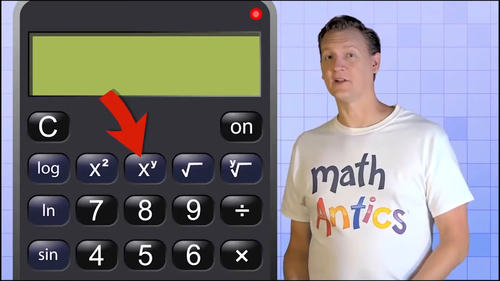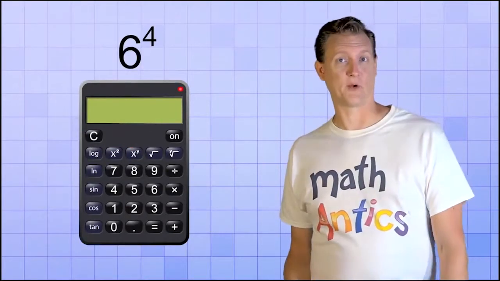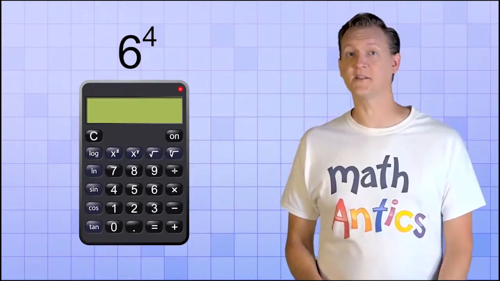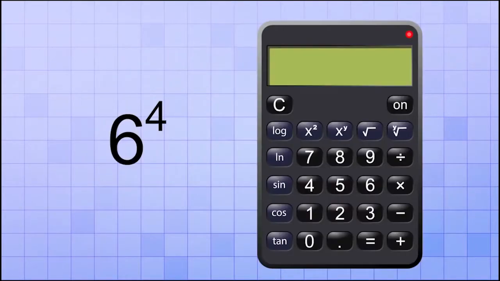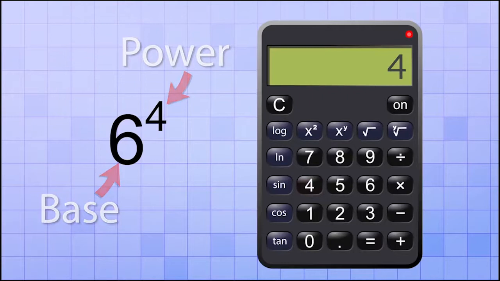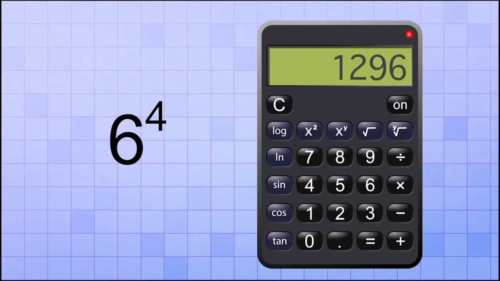Let's try using that calculator function to figure out what this exponent would be, 6 to the 4th power, which is the same as 4 6s multiplied together. On most calculators, this is how the exponent button works. First, you type in the number that's the base of your exponent. So in this problem, we type in 6, and then you'd hit the exponent button, which might not do anything besides let the calculator know that the next number you give it will be an exponent. So next, you enter the exponent, or power, which is 4 in this case. Now all you have to do is hit the equal sign to get the answer, which is